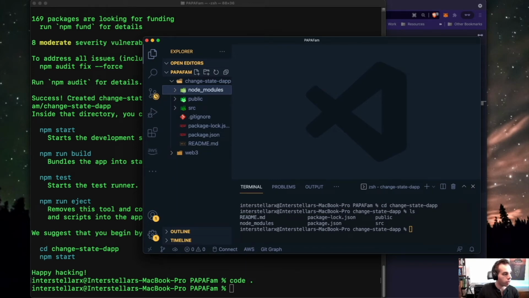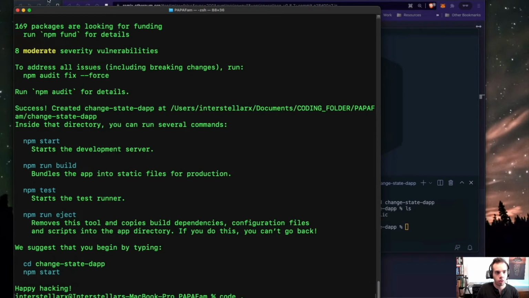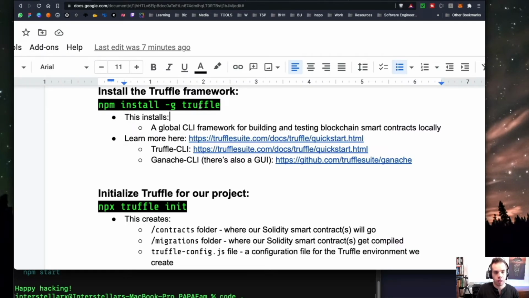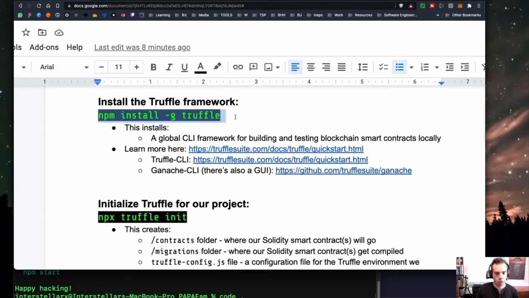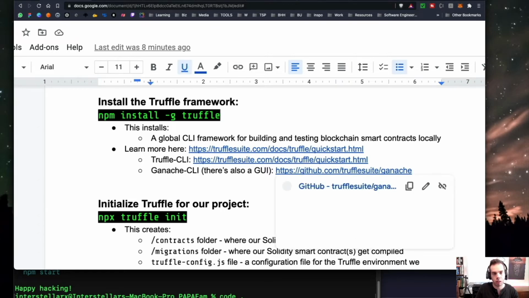Now something that we're going to do is install our different dependencies. We already have the Truffle version that we've already set up. So again, if you haven't already done that, make sure that you're installing the Truffle CLI, which is npm install -g truffle. And this is just for global install. You also may need to install Ganache, but that's on the GitHub here.